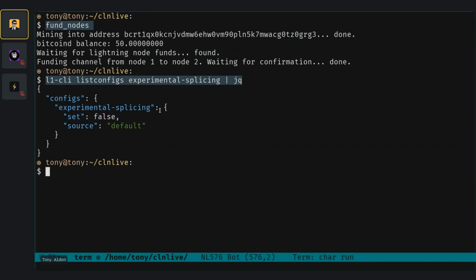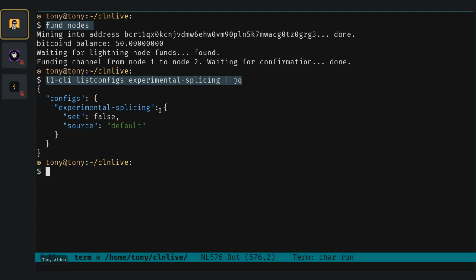So thanks to the runtime way of setting experimental splicing, we can do it that way, but do not merge it with the option that can be done at runtime. We have to stop the node and change experimental splicing. As we can see, we don't have a field that says we can change this dynamically. So we are going to